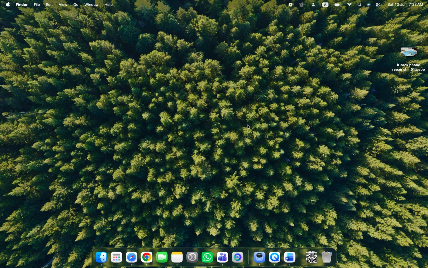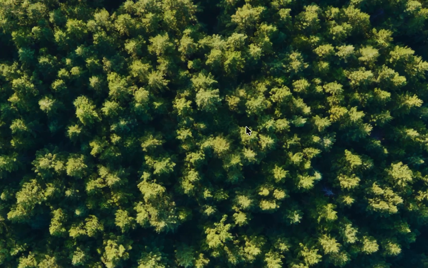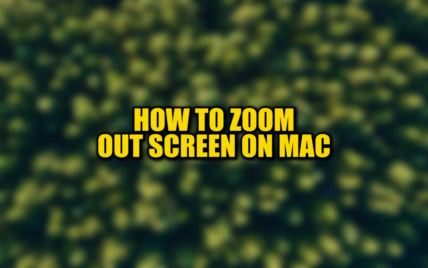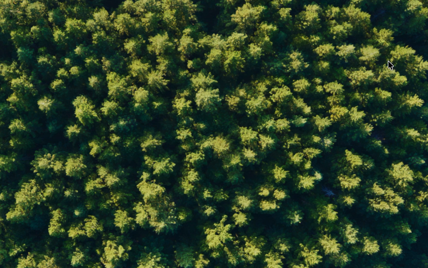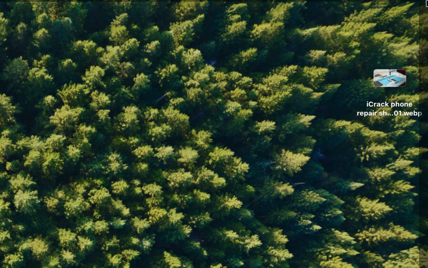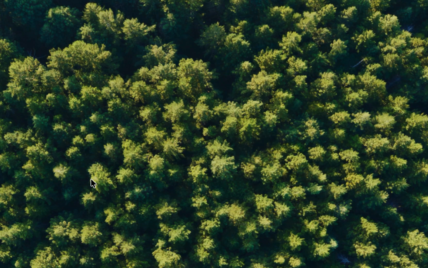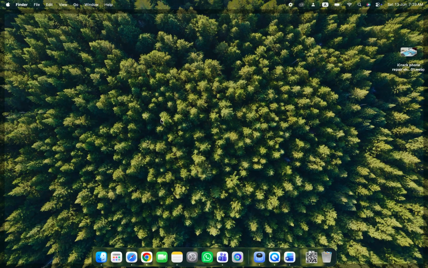If your Mac screen suddenly looks zoomed in and everything appears larger than normal, don't worry. This is usually caused by the built-in Zoom accessibility feature. To quickly zoom back out, press the Option, Command, and 8 keys together on your keyboard. This shortcut turns Zoom on or off, so if Zoom was accidentally enabled, your screen should immediately return to its